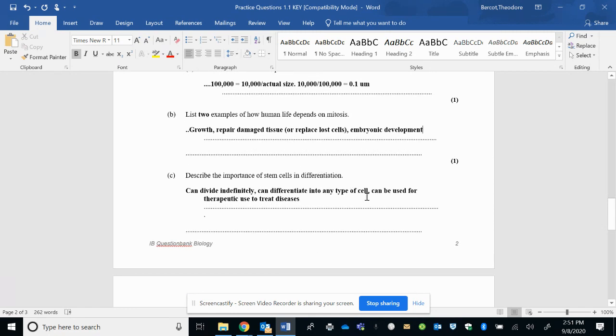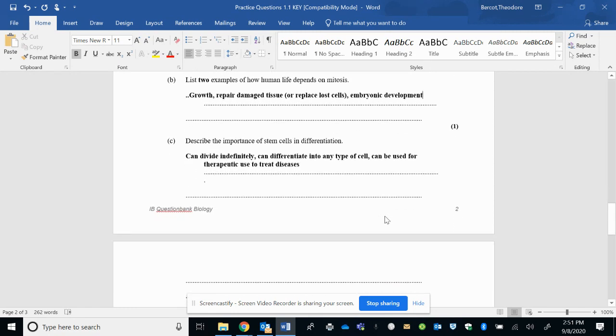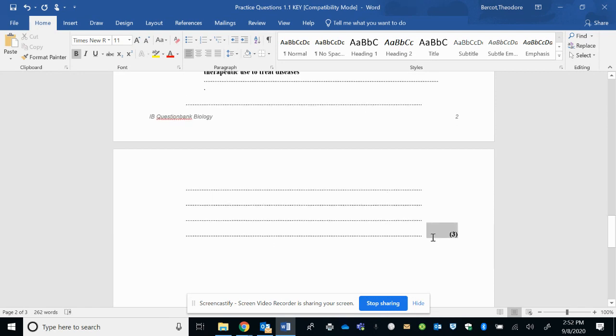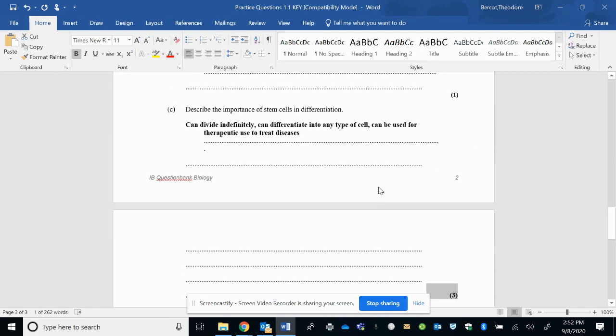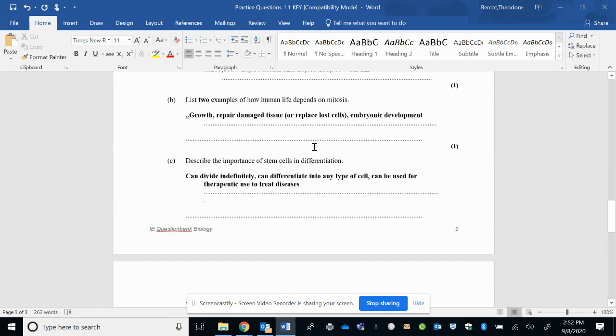Describe the importance of stem cells in differentiation. If we look, it's worth 3 points here. That means you need to list 3 things. So the answer is